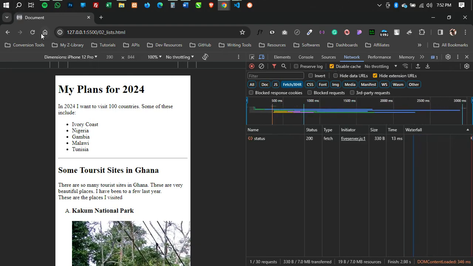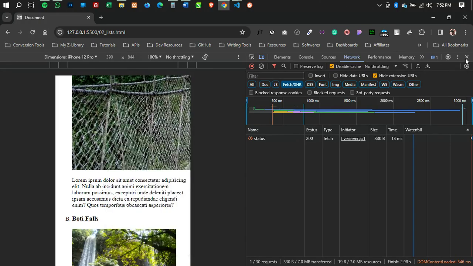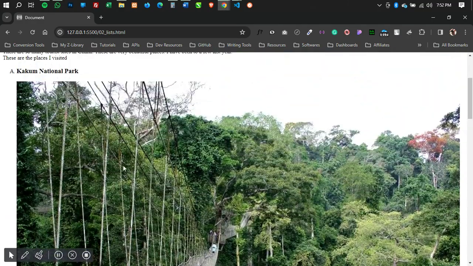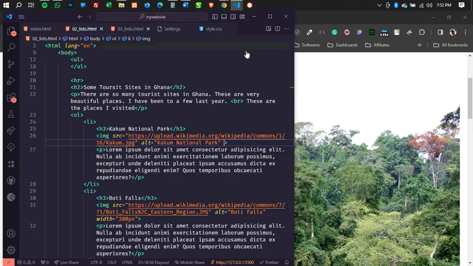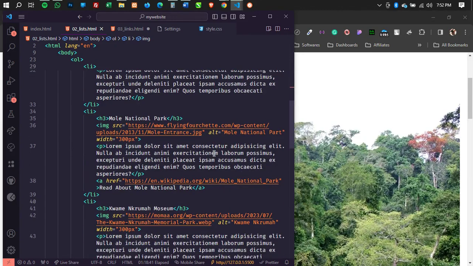So you realize that it's taking a longer time for the page to load because there are images on the website, and these images are big. I get it. If you have big images on your website, it's going to slow down your website. It is advised that you compress images before you put them on your website. And also we have better forms of images like WEBP when you want to load an image. I think one of the files I fetched from the internet is in that format.